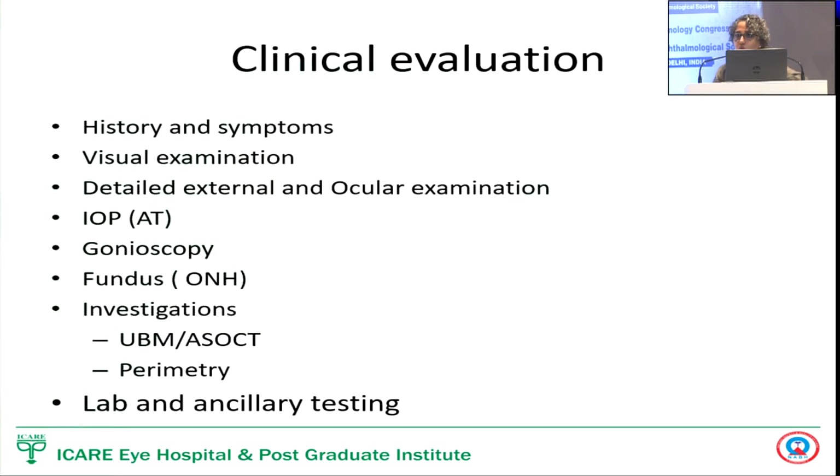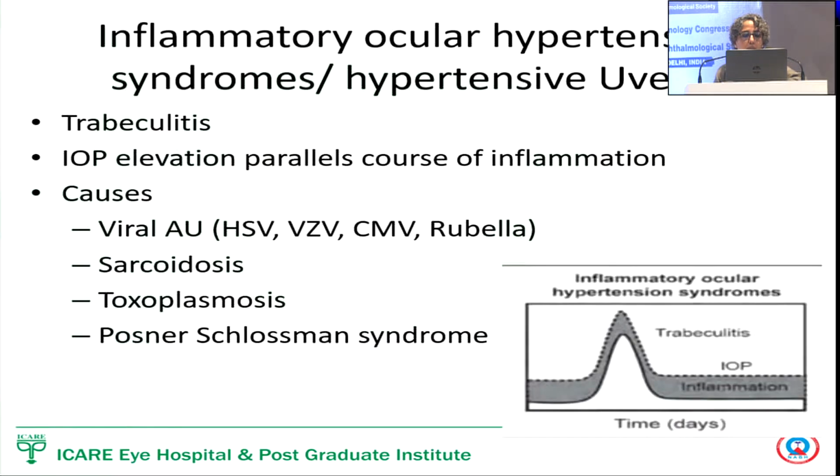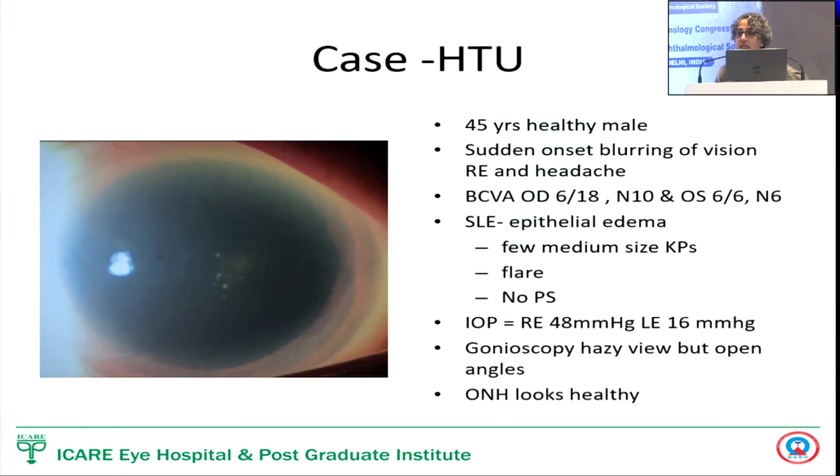So you have to rely more on what can be appreciated on the functional tests. The imaging of the anterior chamber angle can sometimes also give you extra information, especially if the ciliary body is getting rotated. Those things can be picked up on UBM. So here again, the common causes of hypertensive uveitis are viral herpes-induced uveitis, CMV, rubella, and sometimes even sarcoidosis. So the important thing to remember is that they come with an acute onset of blurred vision where you can have signs of inflammation and very high pressures, as you can see over here.